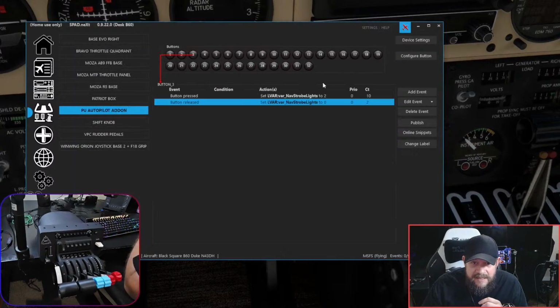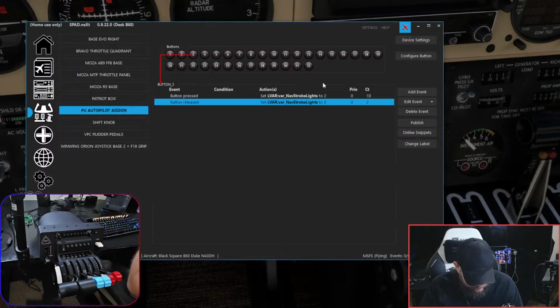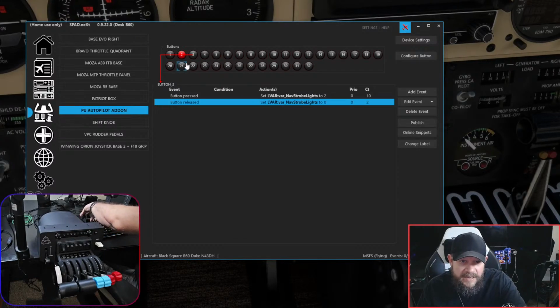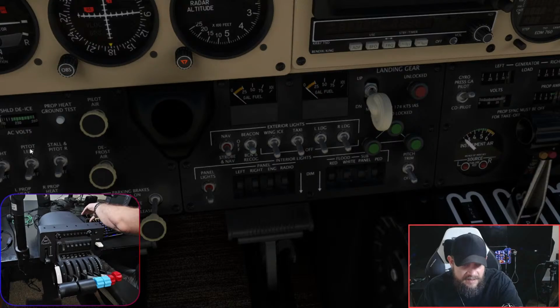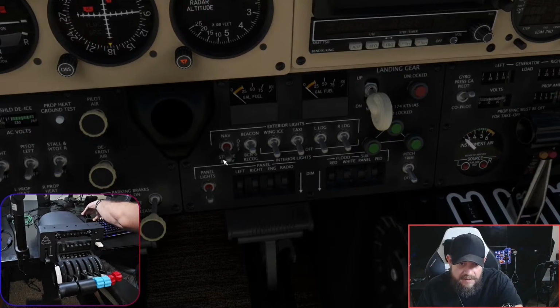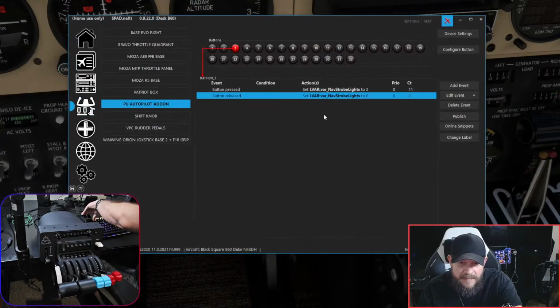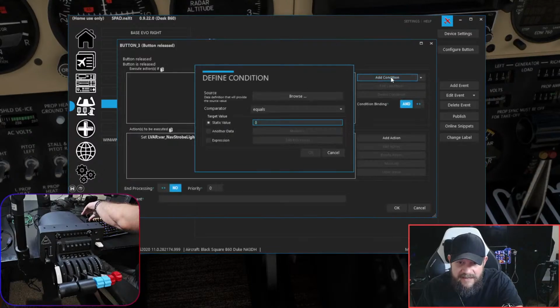If we wanted, let's say, button 2. Let me find that. Button 2. Okay, so let's say for button release, in order to turn these nav strobe lights off. So let's go to 3 for a second. All right, so that's strobe and nav. But before we wanted them to go back to the nav position, if we wanted to add a condition,